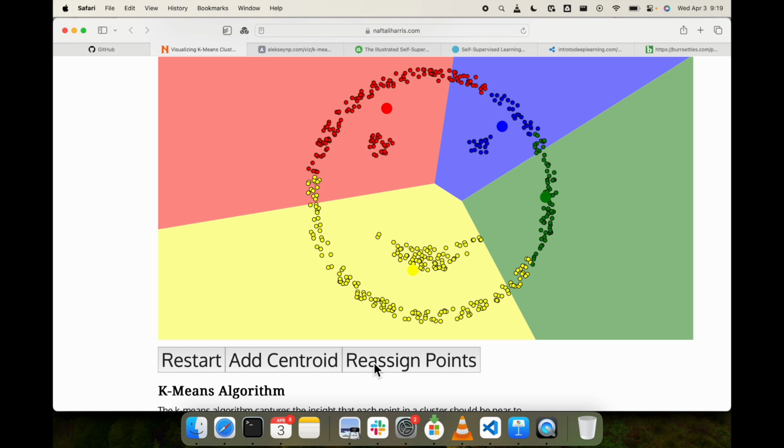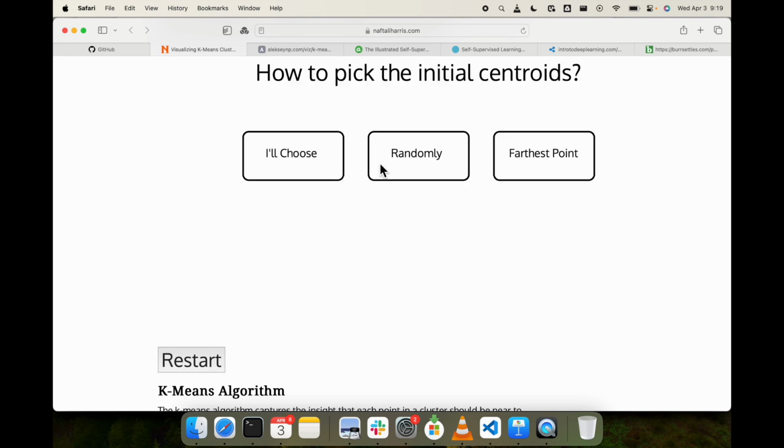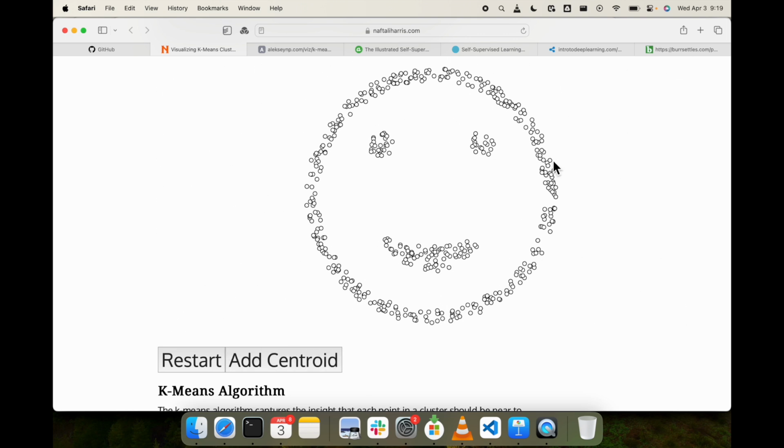In general, do you observe that as I increase the number of clusters, the variation within a cluster is reducing? As I increase the number of clusters, the variation within a cluster is reducing. Let's go back and see. If I just have 2 clusters,